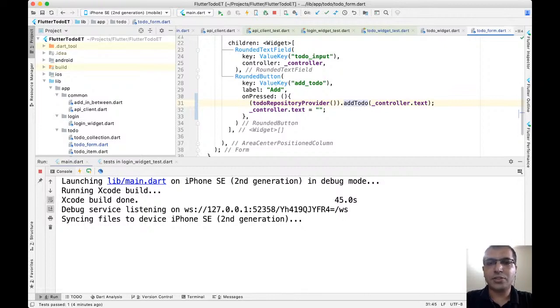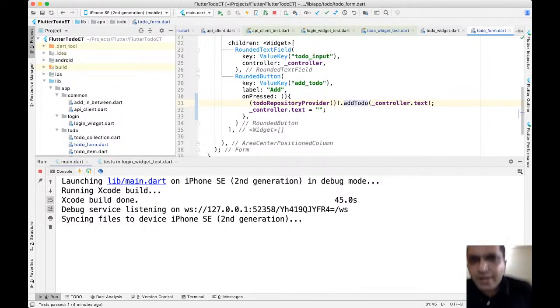So let's try and implement that flow. How would we do that? The best way to simulate this flow is, if add to do is called and the to do does not get added to the list, then we do not clear it. Is that right?